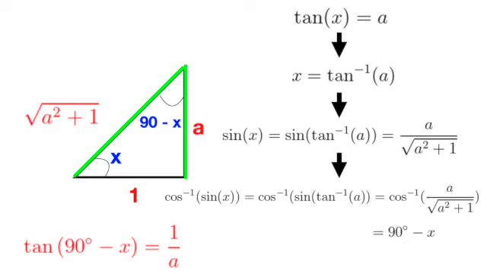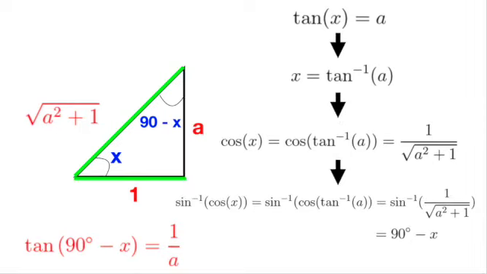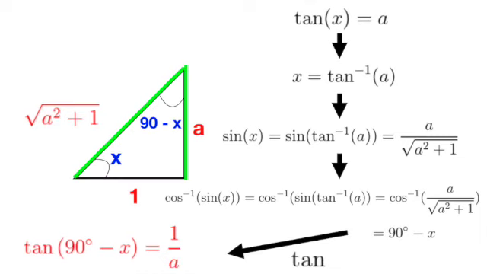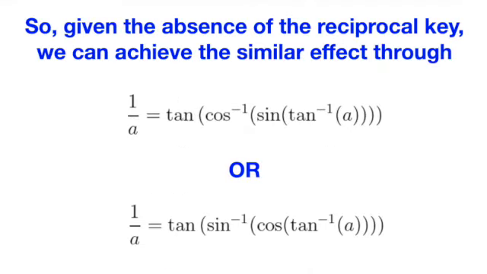And for the other case, where we initially did cosine x, we can take inverse of sine x to get the same angle 90 minus x as well. Anyway, finally, we could apply tangent to 90 minus x, and this allows us to get 1/A, as we have wanted at the beginning. I sincerely hope you will not be facing this problem on your calculator anytime soon, although I guess it feels good to know that the reciprocal key is just 4 keystrokes away,